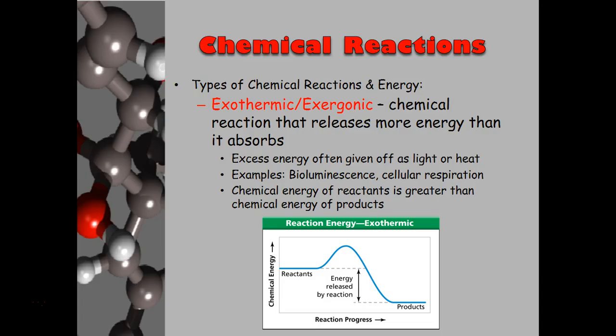And so these kinds of reactions tend to happen spontaneously, they tend to be quick, easy to get started, easy to finish. A lot of times that excess energy, if it doesn't have anywhere to go, will come off as heat or light. So something like the glow stick reaction is an exothermic, exergonic reaction. We're getting excess energy coming out of that chemical reaction, and we see it as the light in the glow stick. Some other examples that are happening in nature: